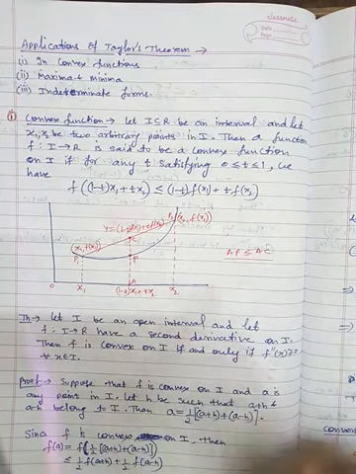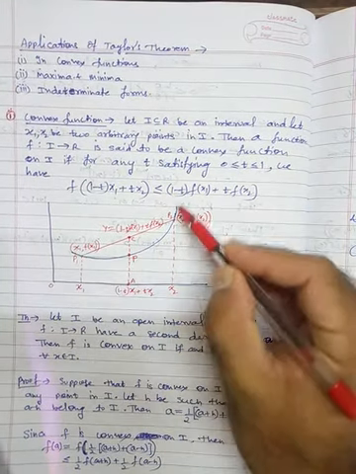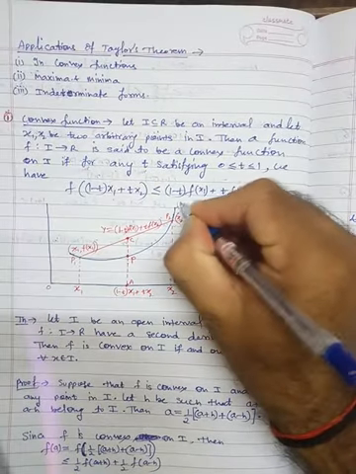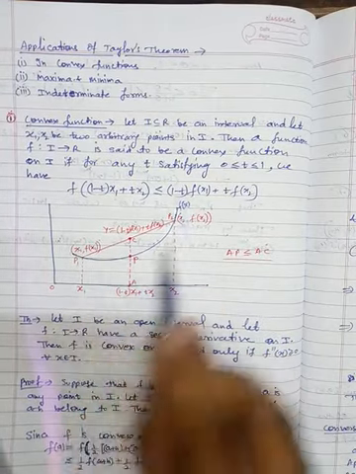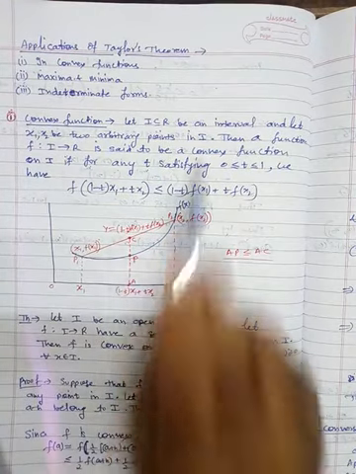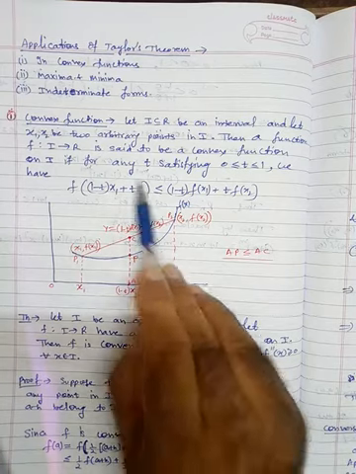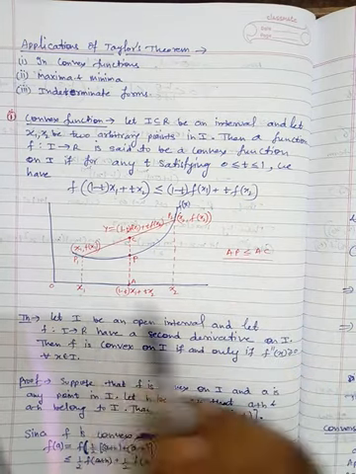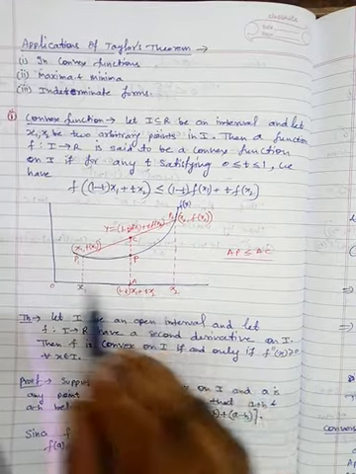Graphically, what is the meaning of this? Here the function is this blue function, our f of x, this bowl shaped function. We have taken two arbitrary points in I, suppose one point is x1 here and another point is x2 here. Now we have taken the linear combination of these where t varies from 0 to 1. Joining these two points through a line, we get this line. This is the linear combination.